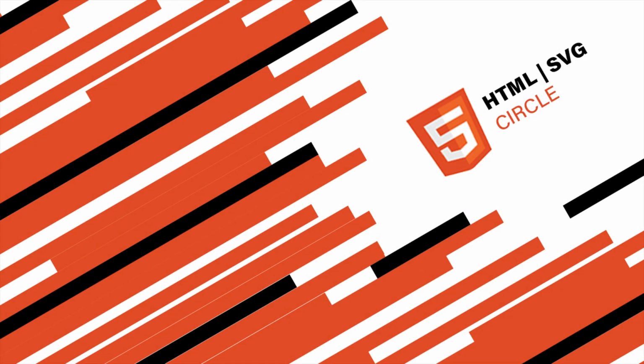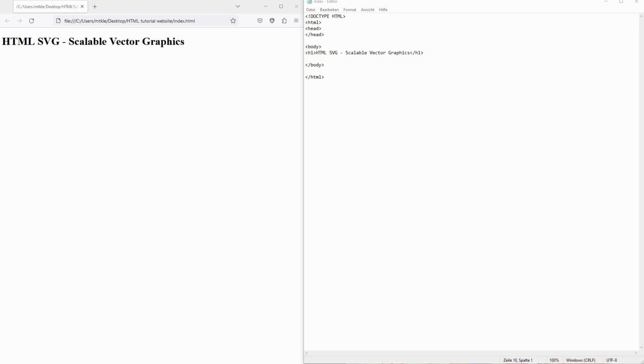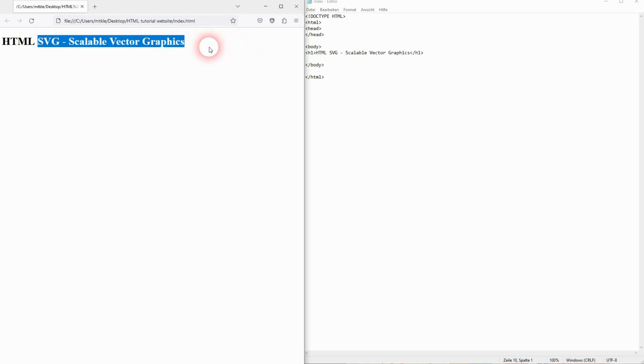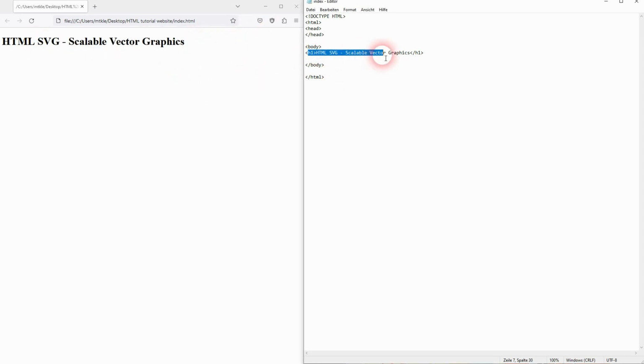And we're back to learning HTML, and this time I'm going to show you how to create circles using SVG. So I've covered all of the HTML tags, but we're still not done with this programming language. We can, for example, create SVGs right here without a vector graphics tool like Illustrator. Just use the SVG tags, and inside there are a couple of inbuilt things that we can just add, for